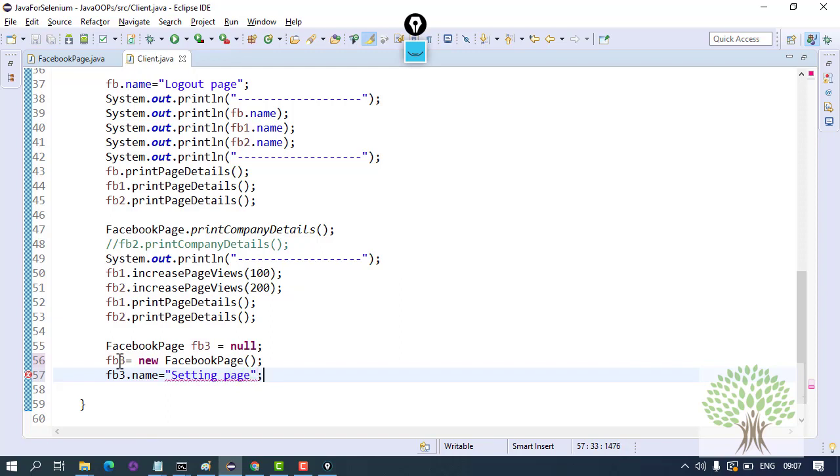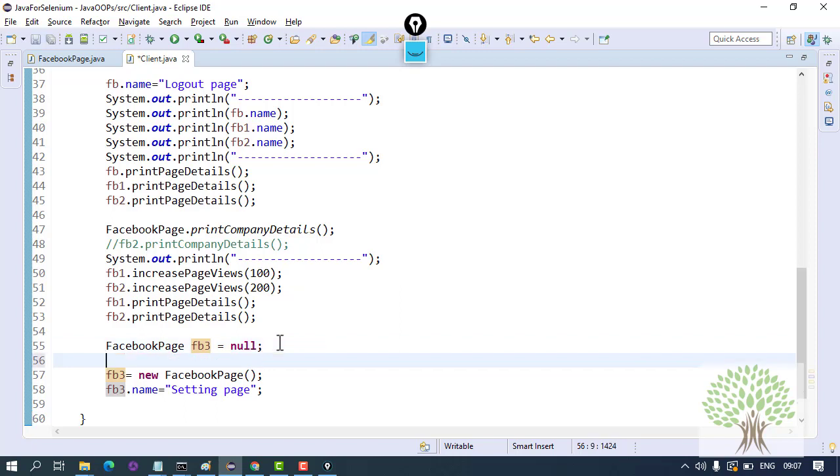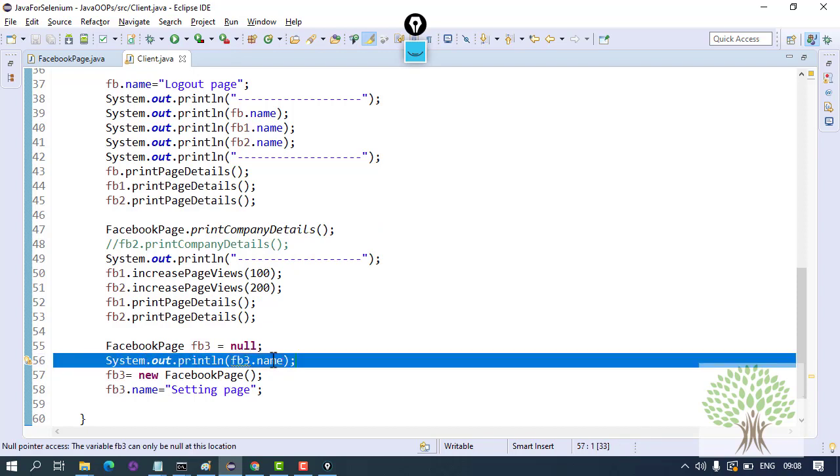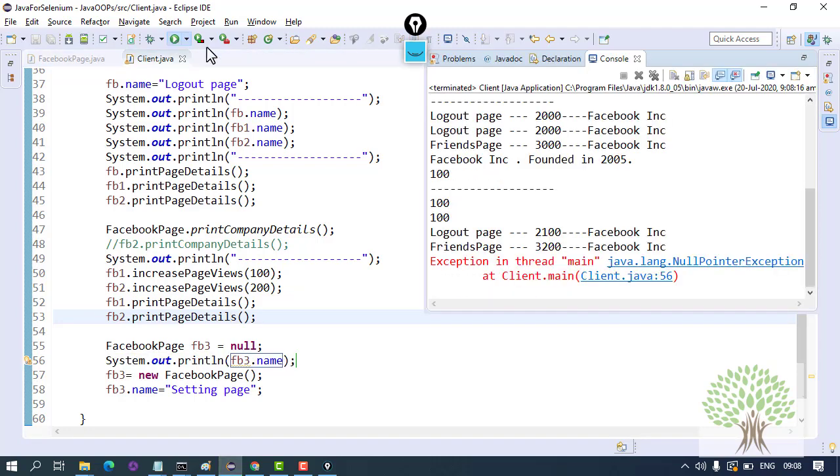So what I mean to say is that FB3, when it is not pointing to any object, and if you try to access it, if I write FB3 dot name, first of all Java will send you a warning that null pointer access, that it is not pointing anywhere, please be careful, and when you run it, it will throw you a null pointer exception. This is an exception which most of the times people come across.